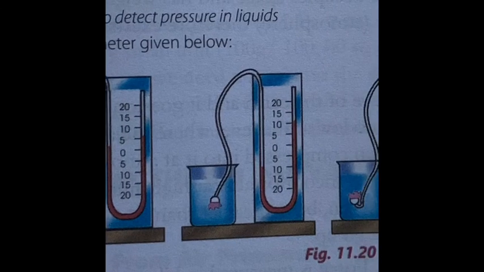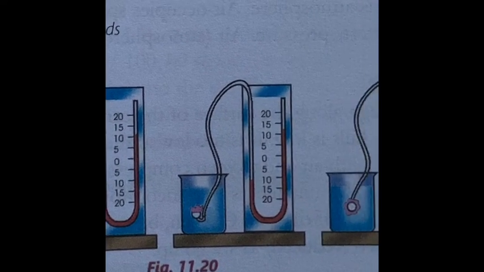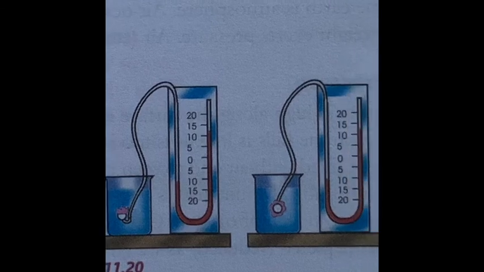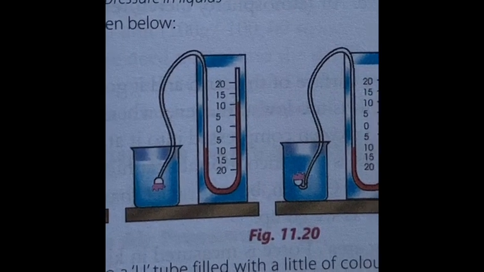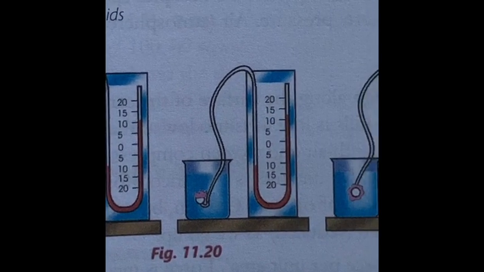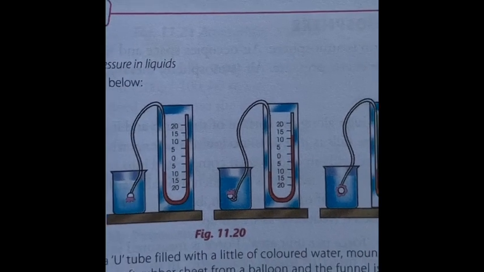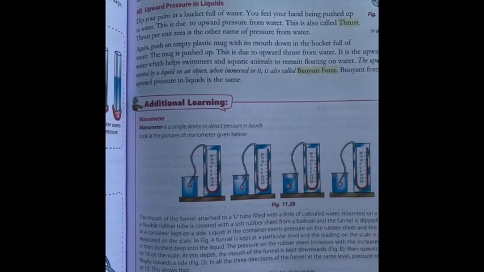The reading increases. At the same level, if we invert the funnel or turn it sideways, all the time the scale reads the same level, 10, or a little bit above 10. Okay, so it proves that there is no change in pressure at the same level of depth. Okay, at the same level of depth, in all directions, it is giving the equal level of pressure. That is what we are trying to prove here. That is what we learned here. Okay, that's it.